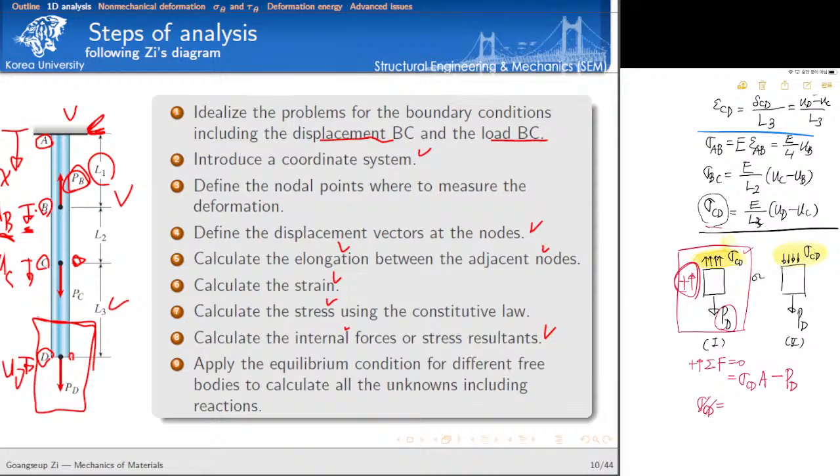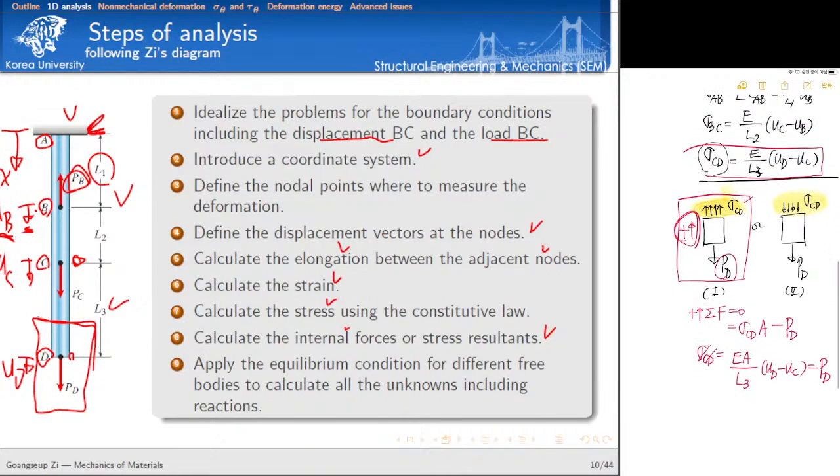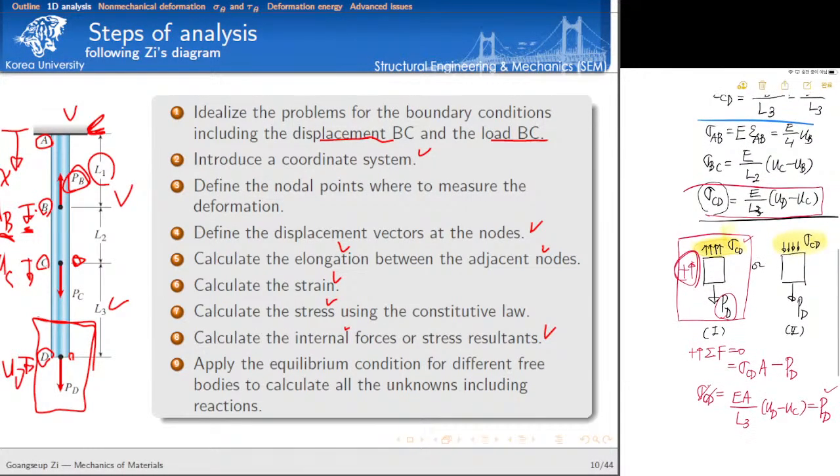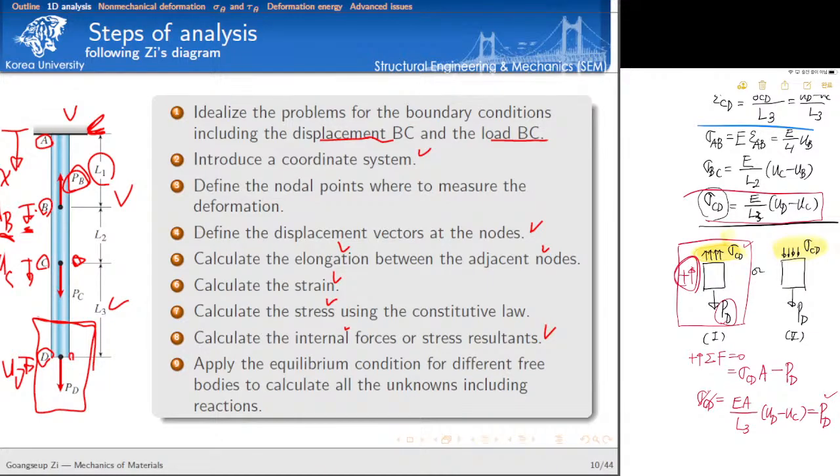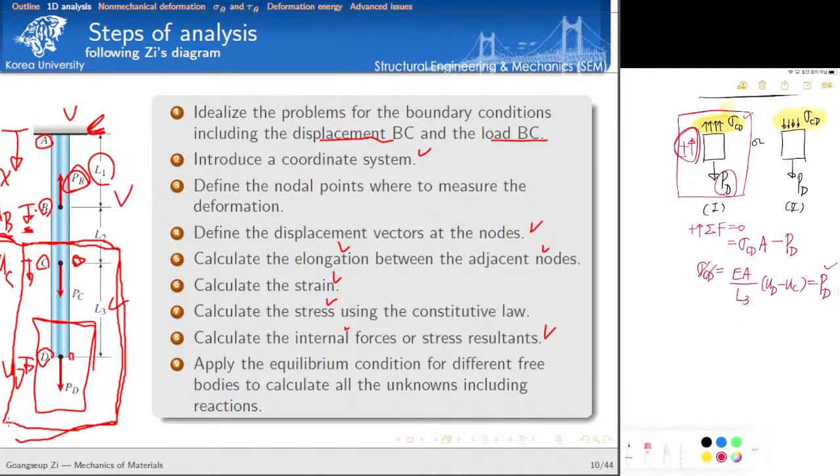Now, let's consider this. The elastic modulus times area, and then UD minus UC divided by L3, is equal to PD. So we get the first equation. So let's consider another free body diagram. Let's consider this free body diagram here. In the second choice of the free body diagram,